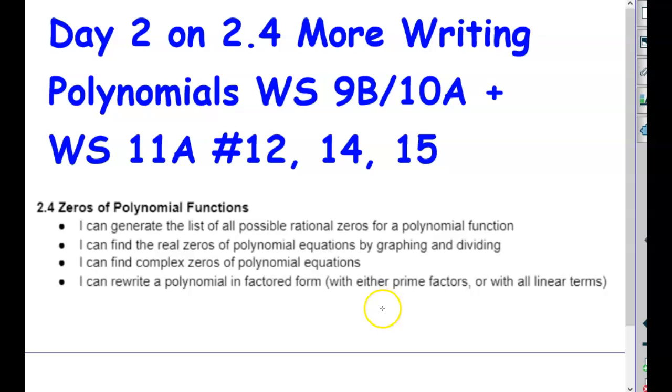Just day 2 on 2.4. We're going to spend more time on writing